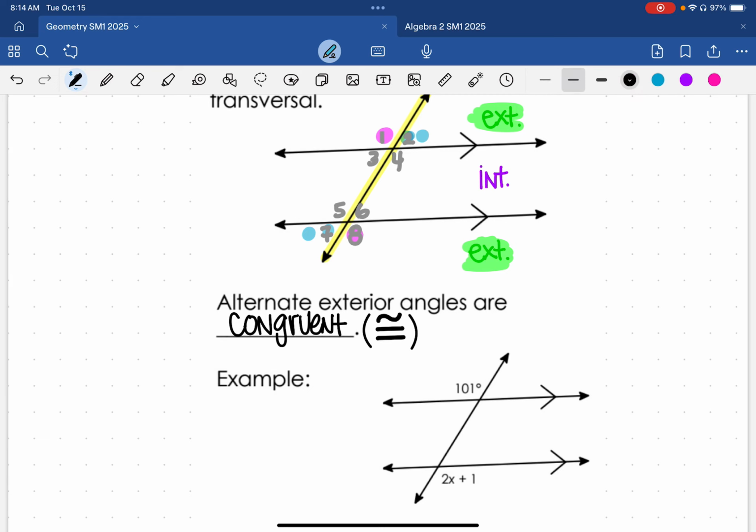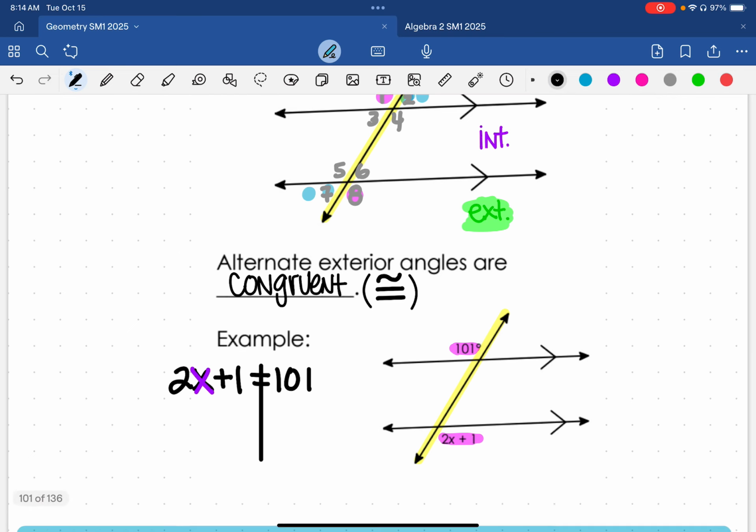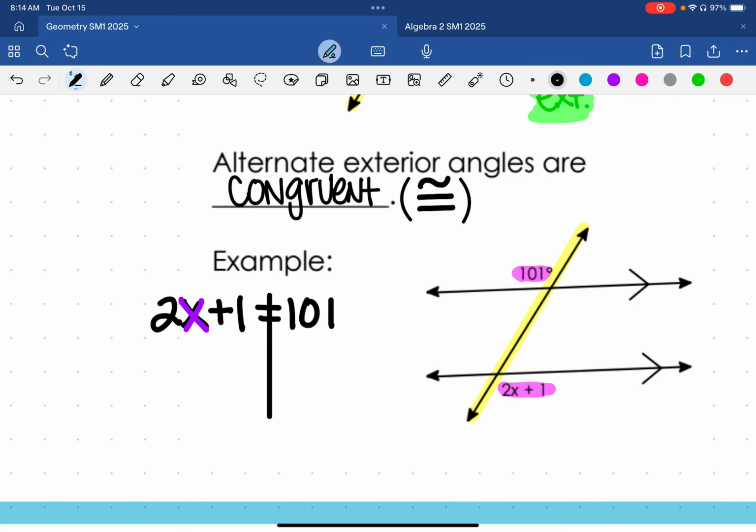Let's go ahead and do our last example. There's our transversal. If I use the same colors as up above, I have my pink and my pink. I'm going to set them equal and solve for x, because I am recognizing that they are alternate